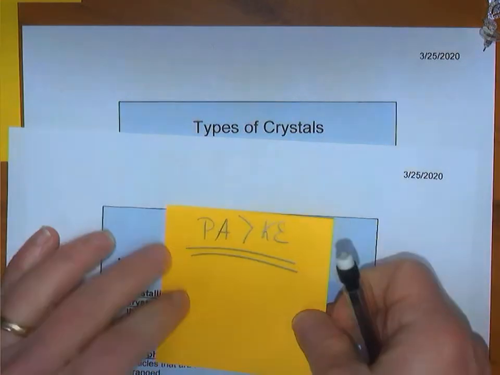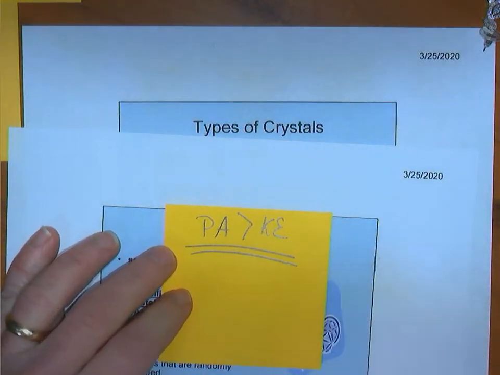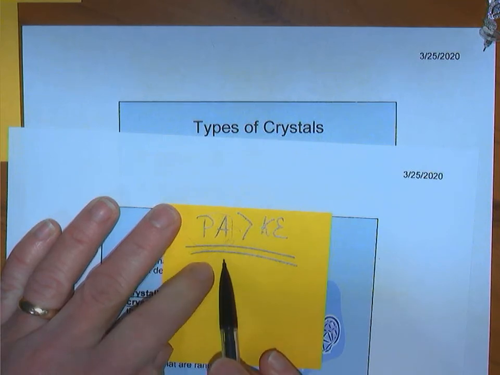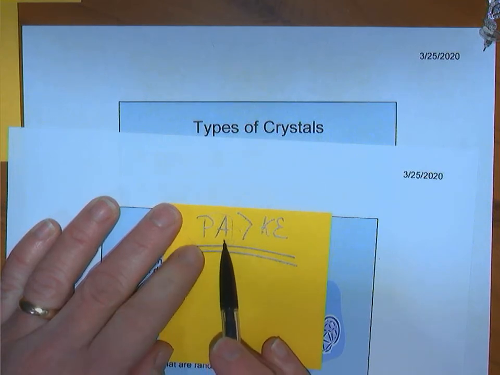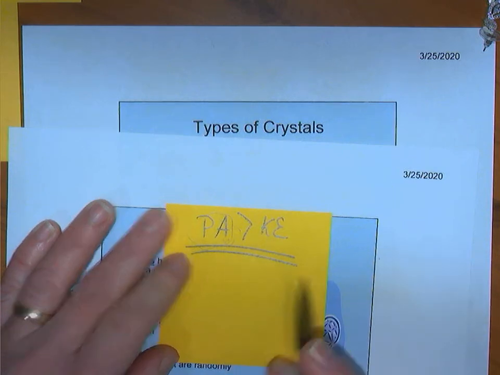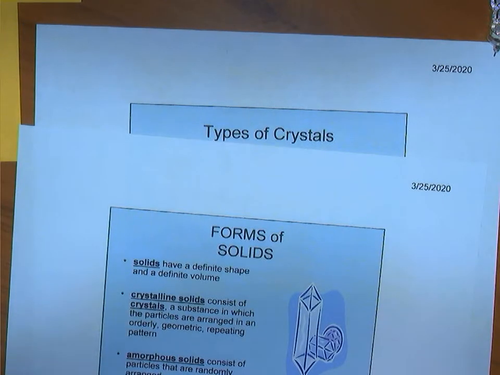Because remember, what makes a solid is the particle attraction can finally do what it wants to do and lock the particles in place. The particle attraction is greater than the kinetic energy in the case of the solid state. So if we could review